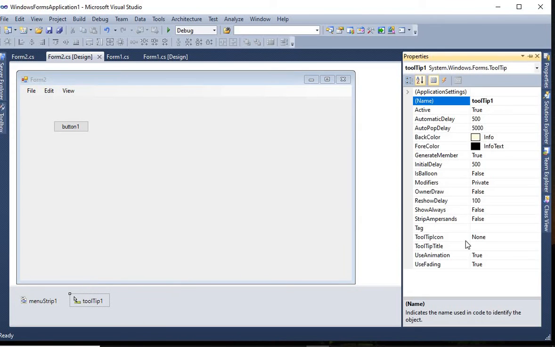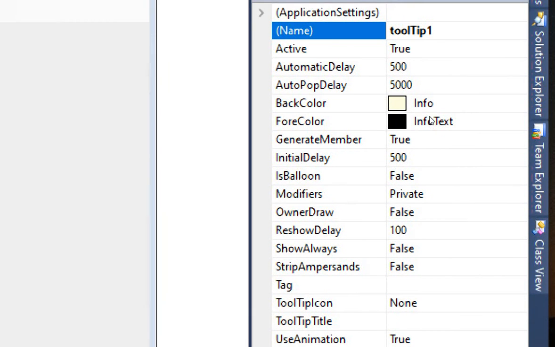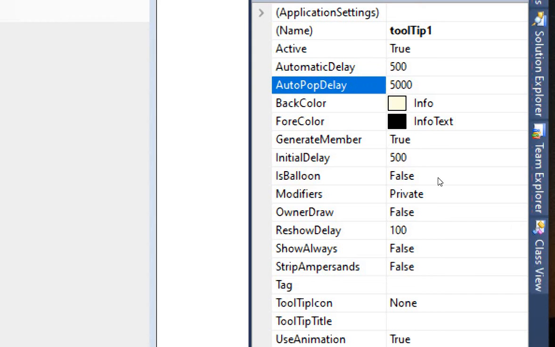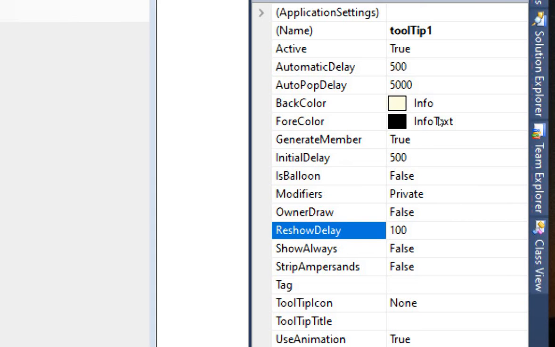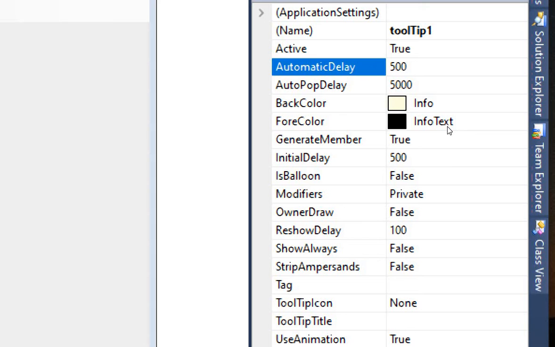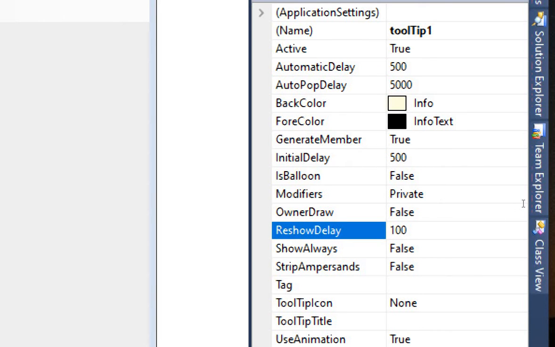So which properties do you need to set? Here you have to understand the timing related information. There are four timing related properties: AutomaticDelay, AutoPopDelay, InitialDelay and ReshowDelay. These are based on timing delay.